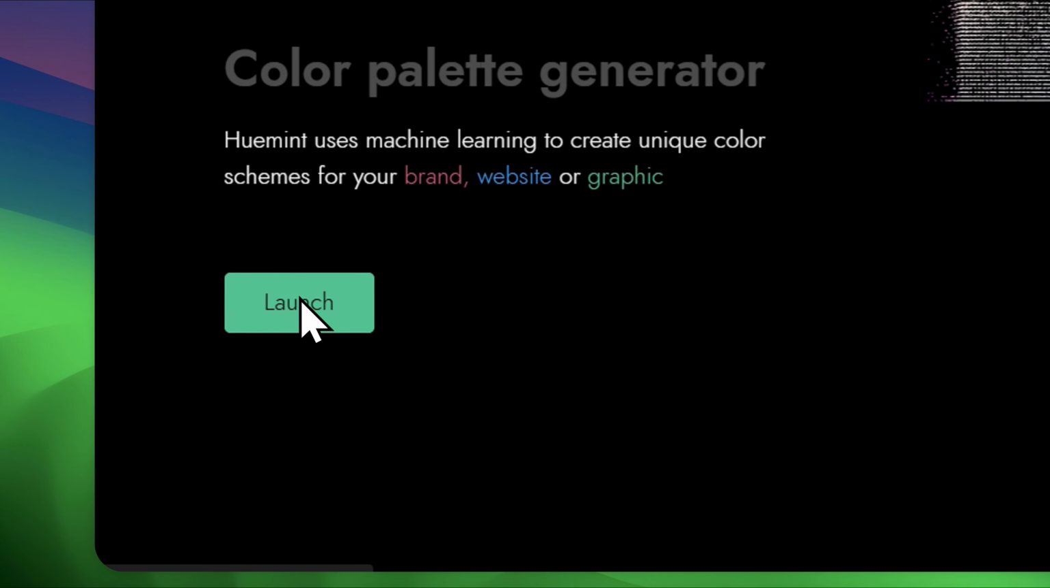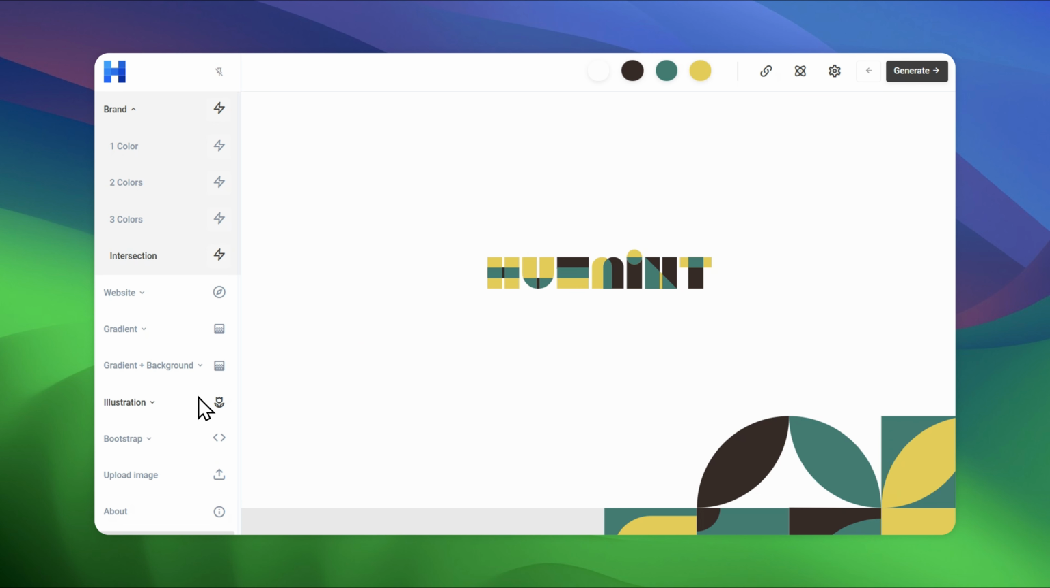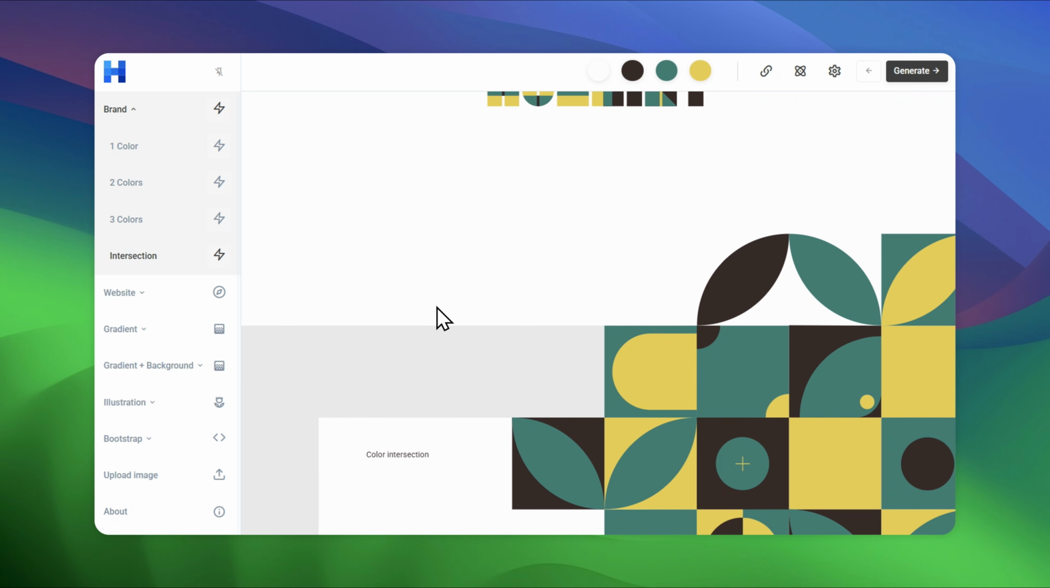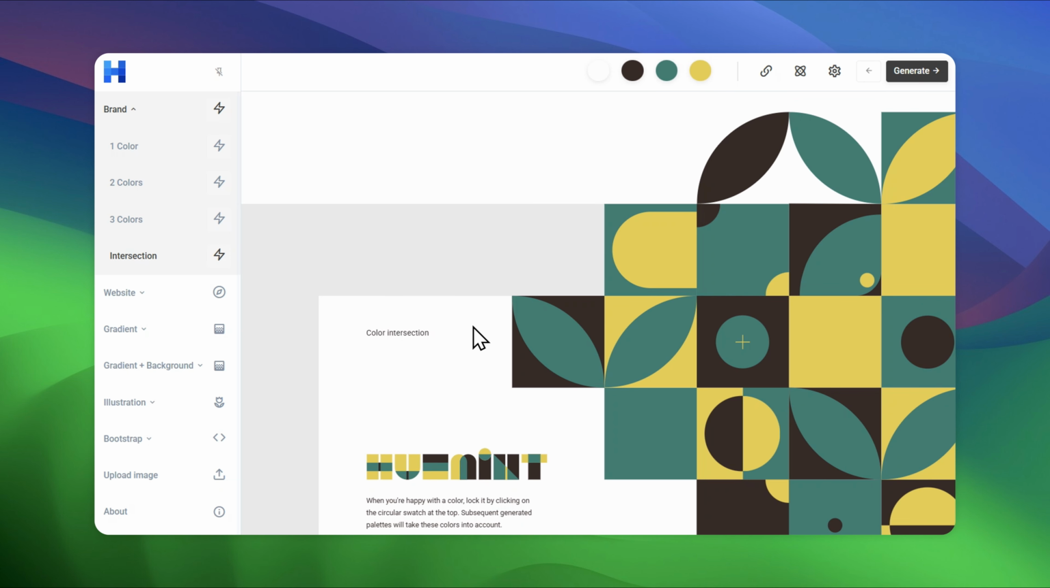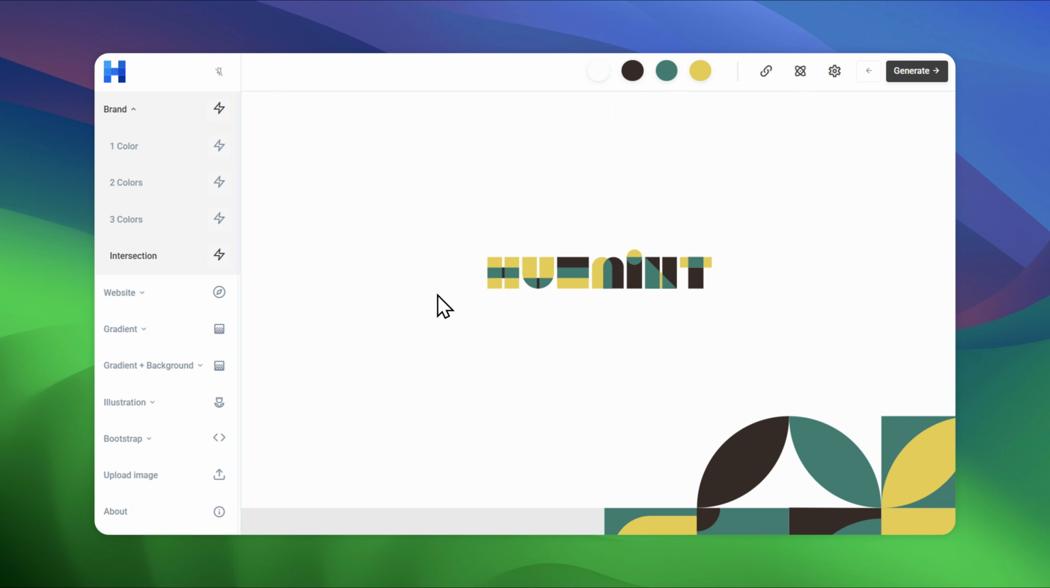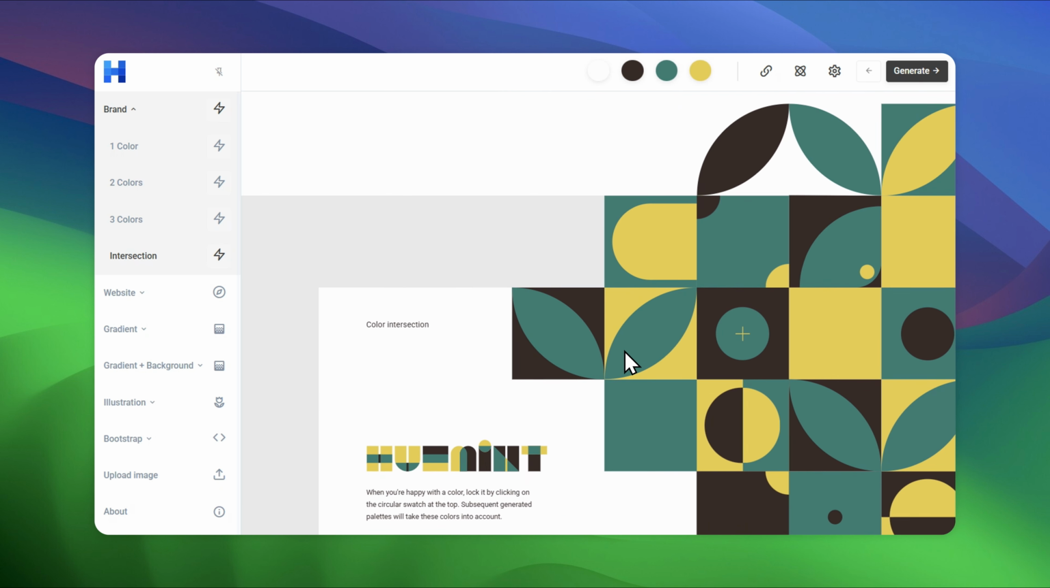Tool number 3 is HueMint, and this is AI powered and it has been getting a lot of attention. HueMint generates color palettes specifically designed for UI and branding, not just pretty colors, but colors that actually work in real design contexts. You can tell it you're designing a website, a logo, a poster, and it generates palettes optimized